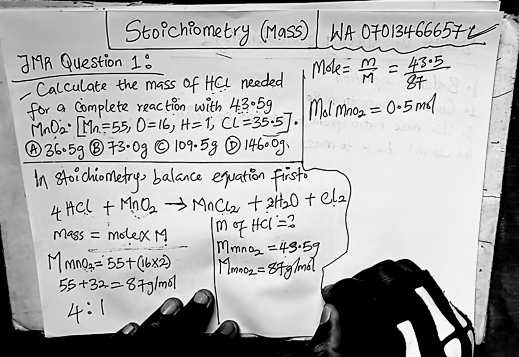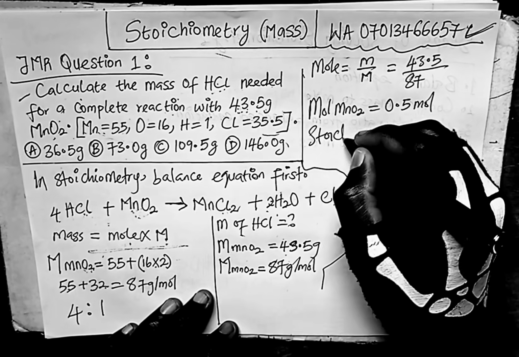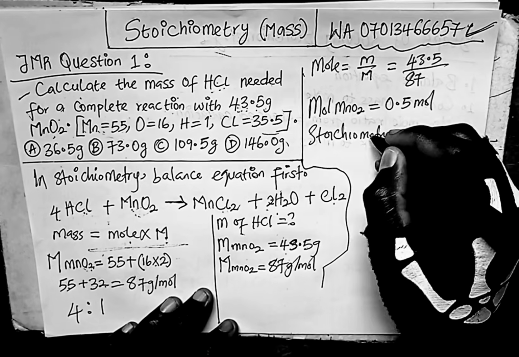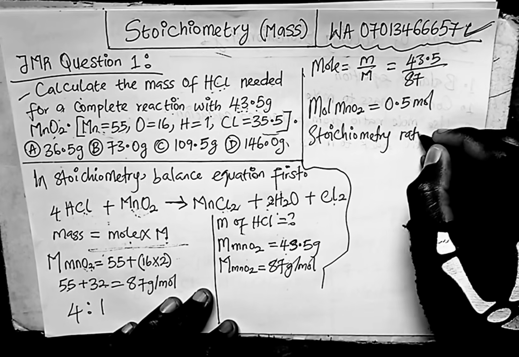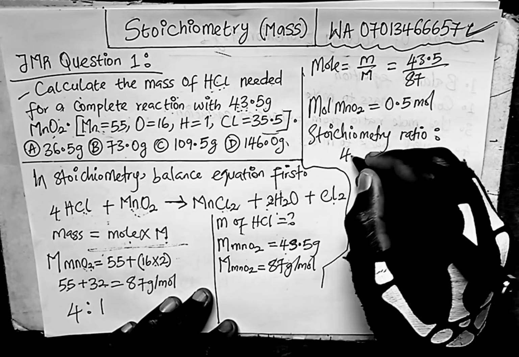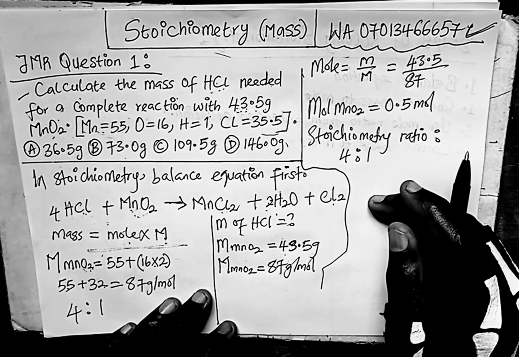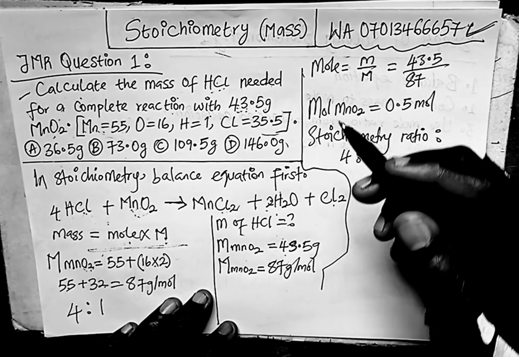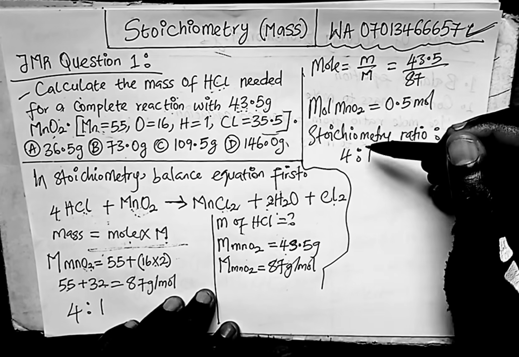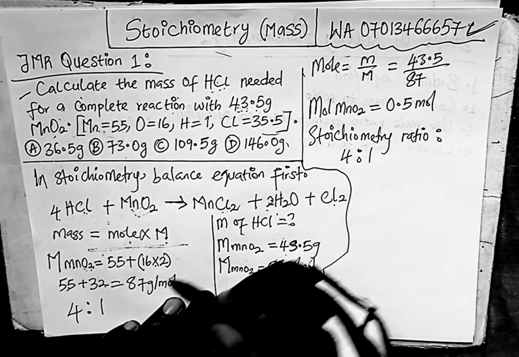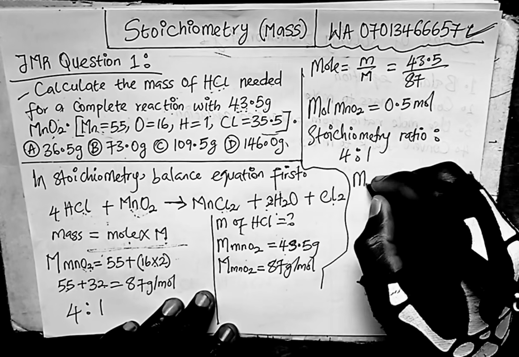So stoichiometry ratio 4:1. That's the stoichiometry ratio. All right. So now is the time to find the mole of HCl. Okay, that's hydrochloric acid. The mole of HCl